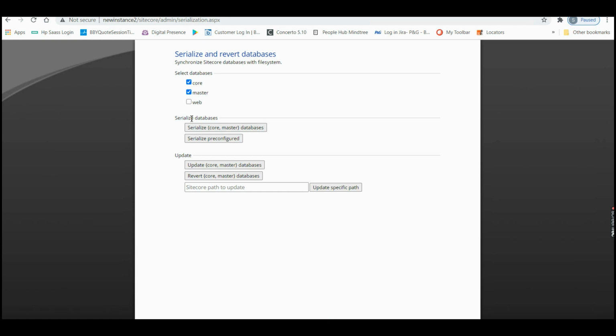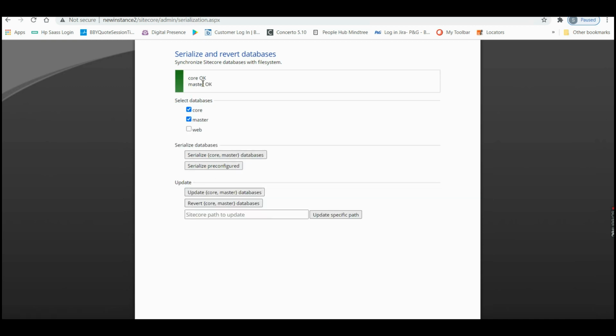If you serialize, it will be saved as an item in the data folder. Using that, you can copy it to another CM server and deserialize the item. You can provide the path where you need to revert or update. Every option is available here. Okay. Select the database as well.